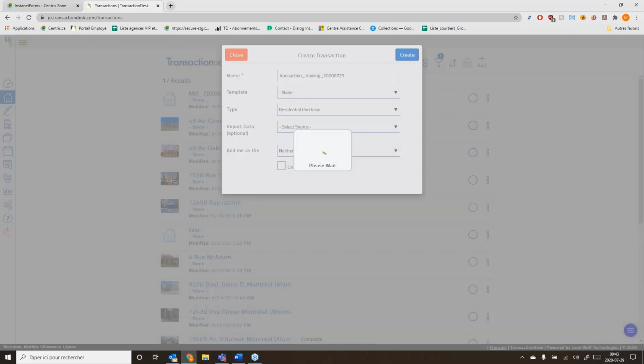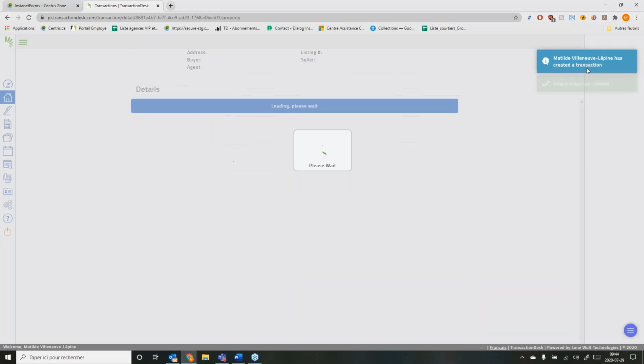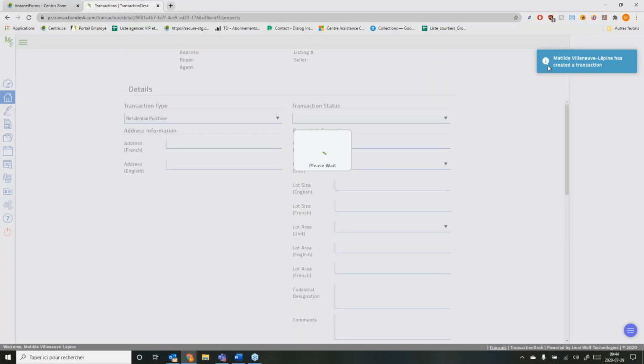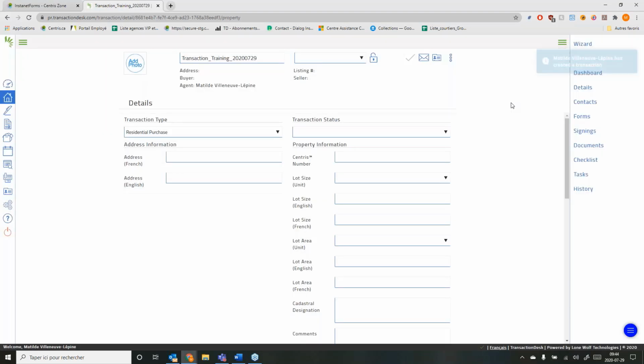And see here on the right, you're always going to have some pop-ups about what was just done. If you want to make sure that everything's okay, if it's blue or green, then it means it worked. If it's red or something happens, it's going to tell you also. So here you have your